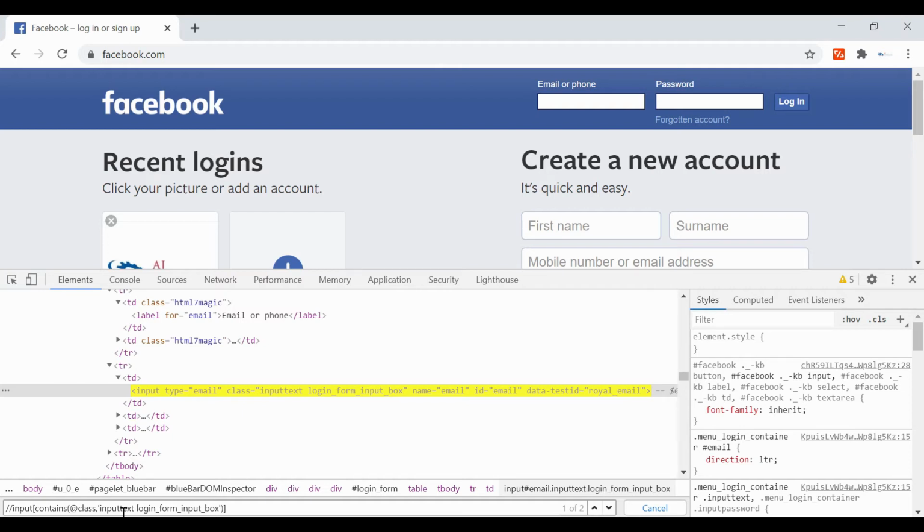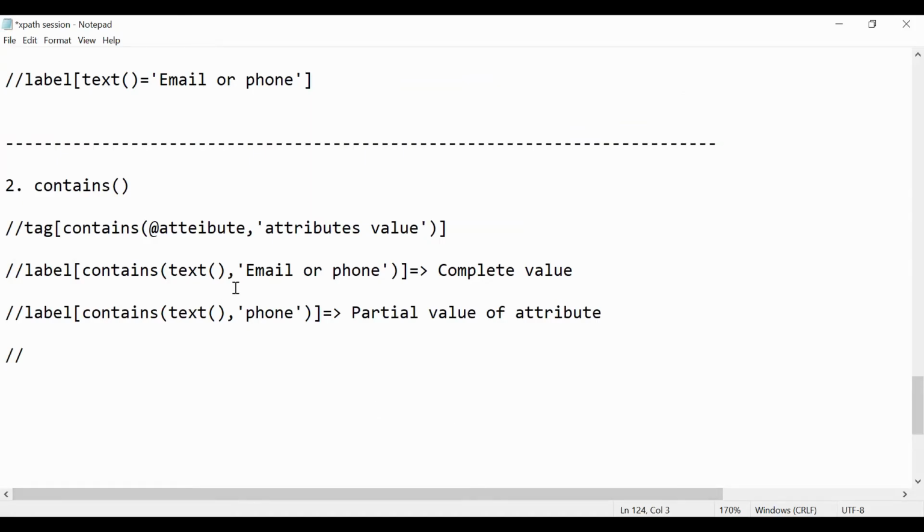You can use it with attributes like class, id, or whatever attributes are available here, or even with the text method. So this is another example. I hope the contains method is very easy and very useful. Let's go and see the next.